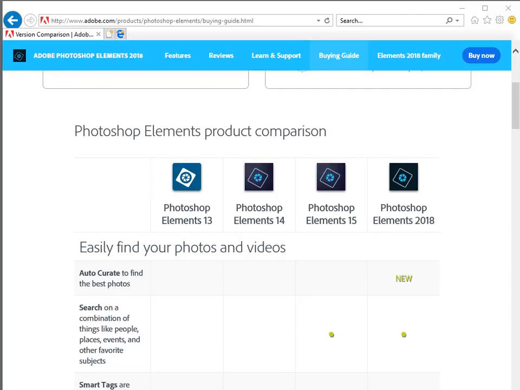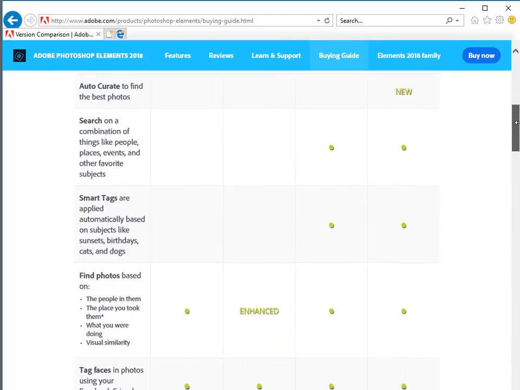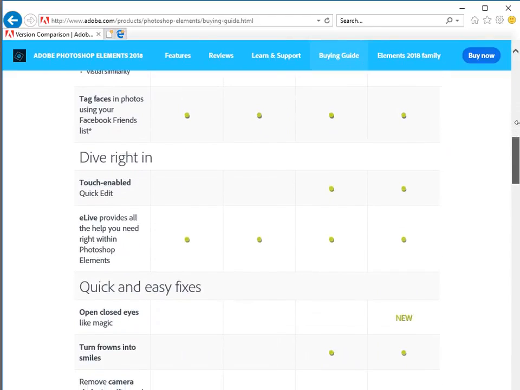Next, I'll look at what are the differences between Photoshop Elements 15 and the newest version here. If we look through, this is from the Adobe site. It has an auto curate to find the best photos. But if we look down, and as I scroll, 15 is the second to the left, right, and this is the right one. So those are the two that I'm basically going to be comparing to find anything that is